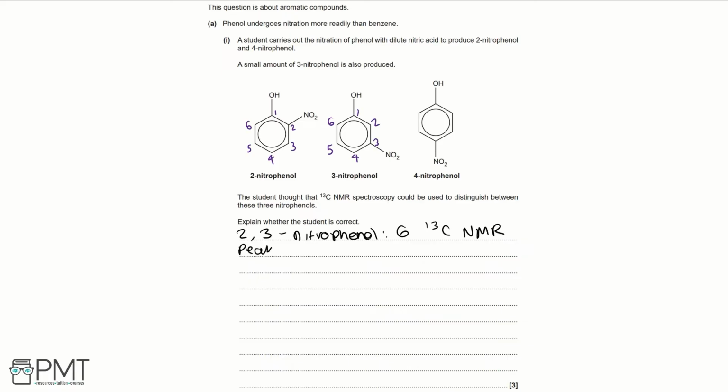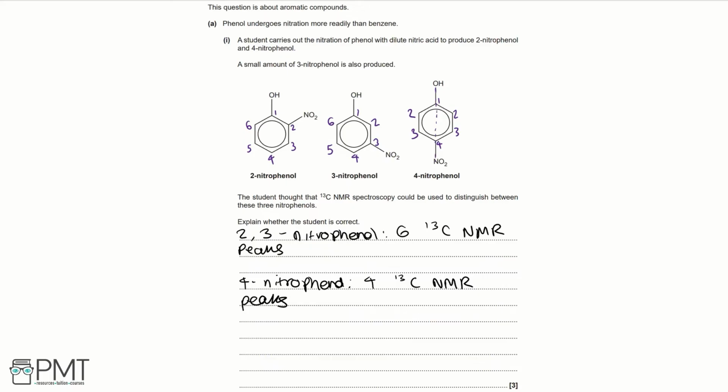Then we can look at 4-nitrophenol, and this is a symmetrical compound, so we will have fewer peaks because we can draw a line of symmetry down the middle. So we've got 1, 2, 3, 4, because this is also 3 and 2. So it's got 4 carbon-13 NMR peaks, and then we need to link back to the question and say which